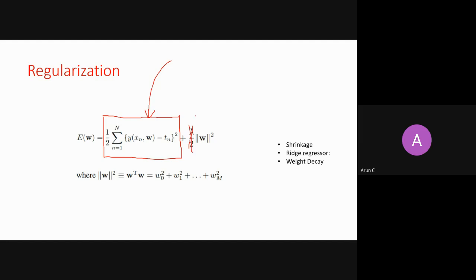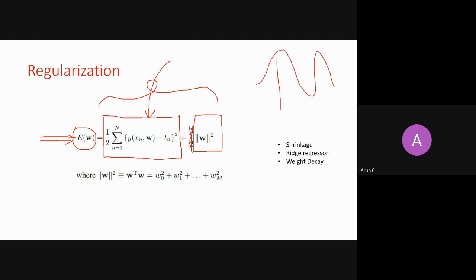Then you introduce this second term, norm of w square, right? So it means your Euclidean norm will grow, but because it is a part of the error function, you want to minimize it collectively, right? So the error as a whole, you want to minimize. You want to minimize both these terms collectively, because the sum is what you want to minimize. If you minimize the first term, automatically your second term will grow, because the curve will try to go through every data point and will take ziggy turns.